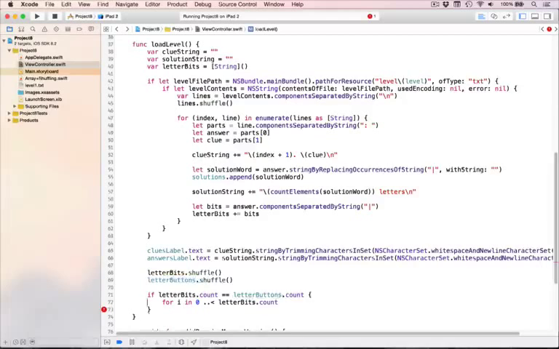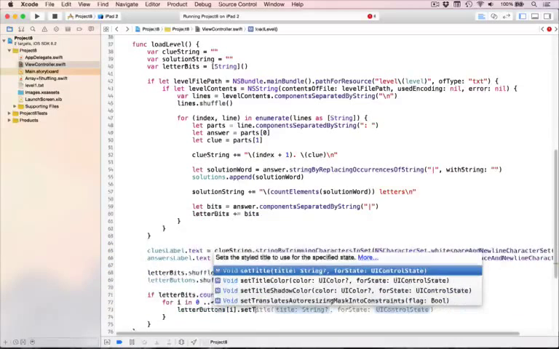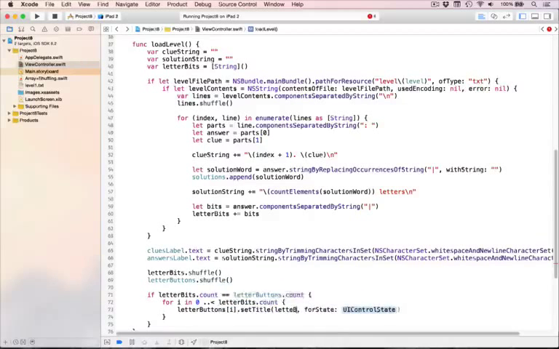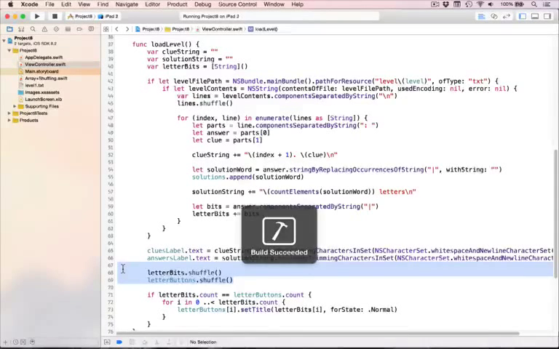We can go in here and say for this value, letterButtons[i].setTitle, which modifies the title text of the button, to be letterBits[i] for control state .normal. So assign 0 letter bit to 0 letter button, 1 letter bit to 1 letter button, 2 to 2, 3 to 3, or 19 to 19. And it'll be different every time because the letter bits and letter buttons are being shuffled every single time. So we can be guaranteed it all works correctly. Go ahead and press play now and just make sure it's actually working correctly. We should see